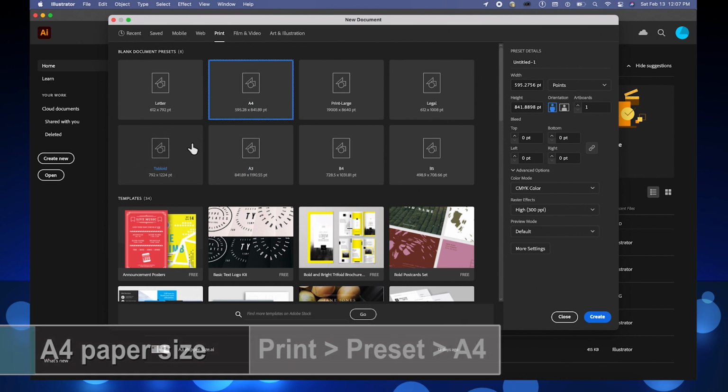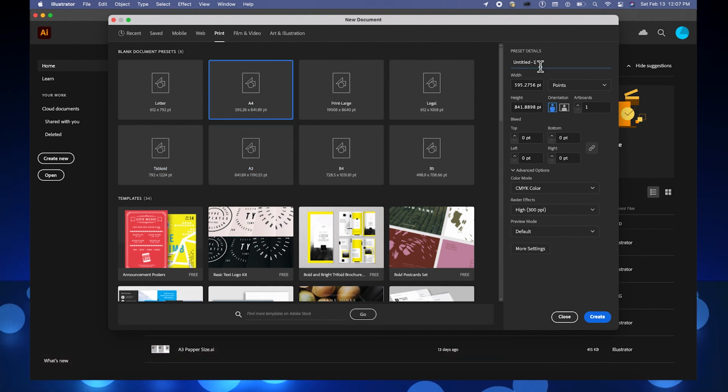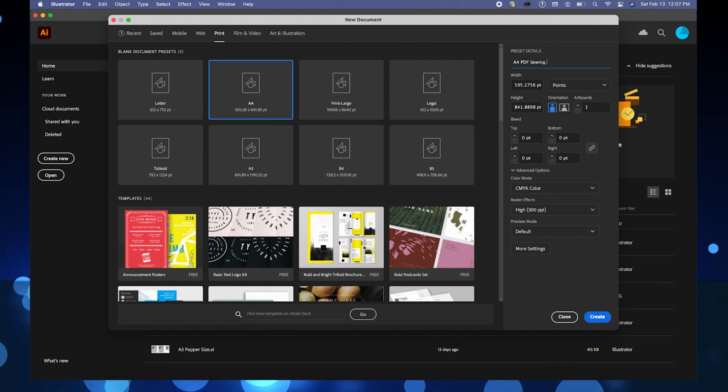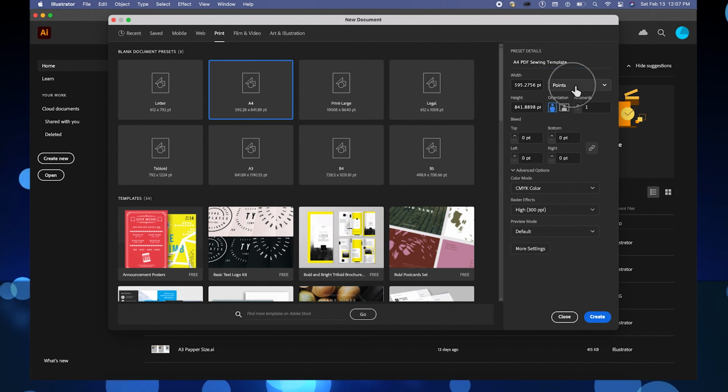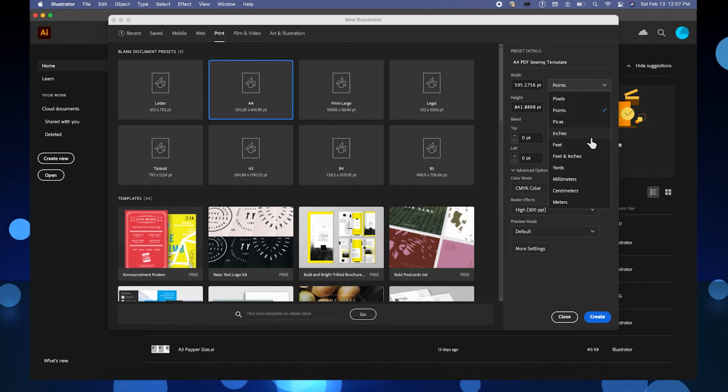Okay. Next, I'm going to come over here under Preset Details, then change the name to A4 PDF Showing Template. Then, under width, I'm going to change from points to inches,